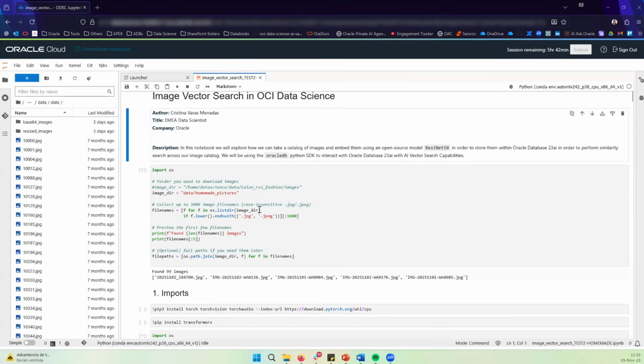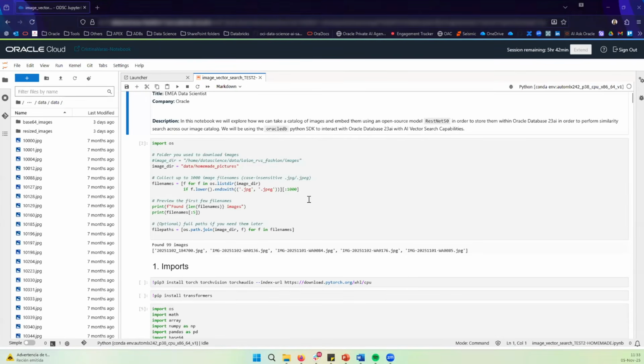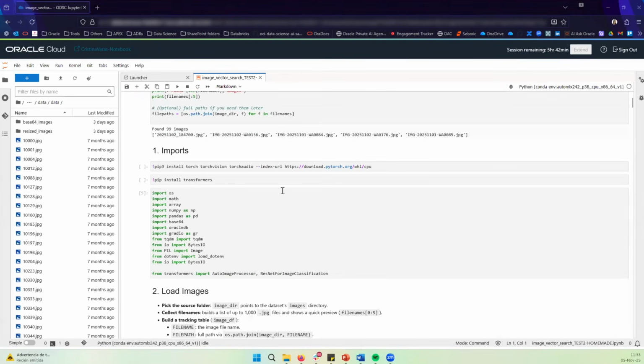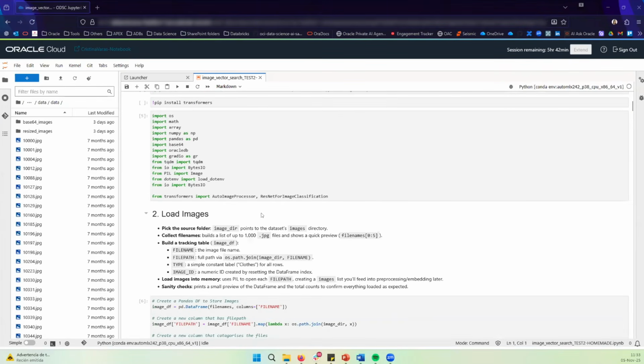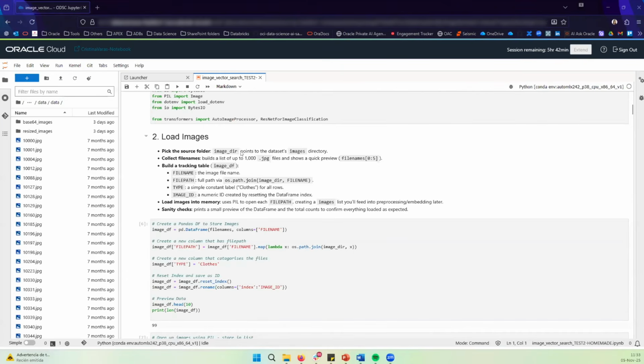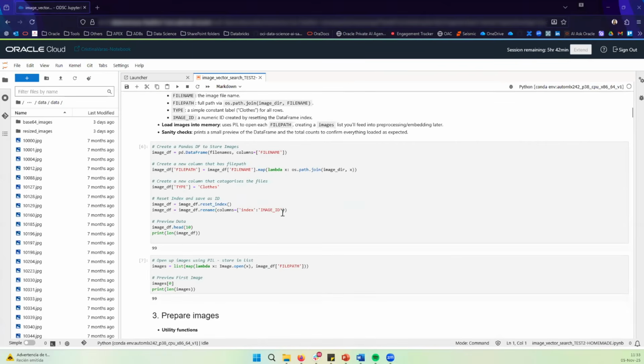So the first step, of course, is taking all our pictures and making imports related to the functions that we are going to implement. The first important step is loading all the images together to be able to make embeddings. Here we are just preparing the image catalog in a clear, tabular way. I'm pointing to the image directory, the dataset folder, and you can see that here we have 99 images. It's a very small demo, but it was enough for good results on the vectorization.